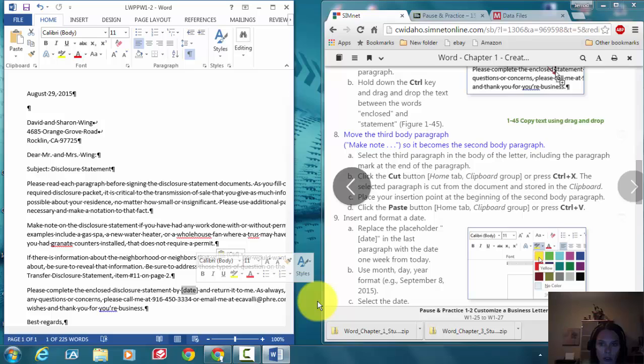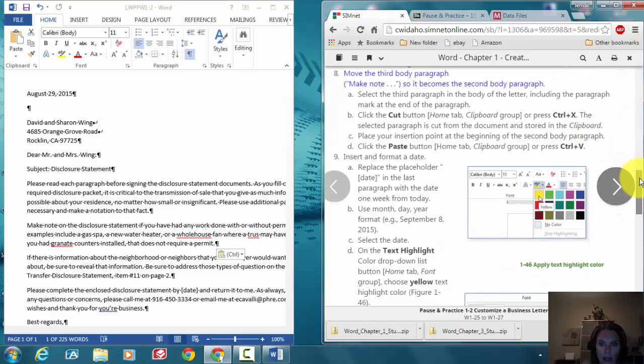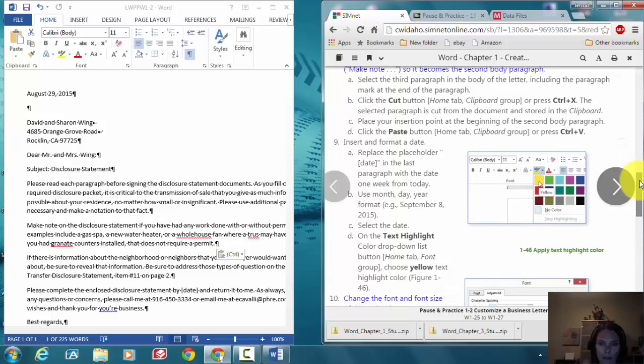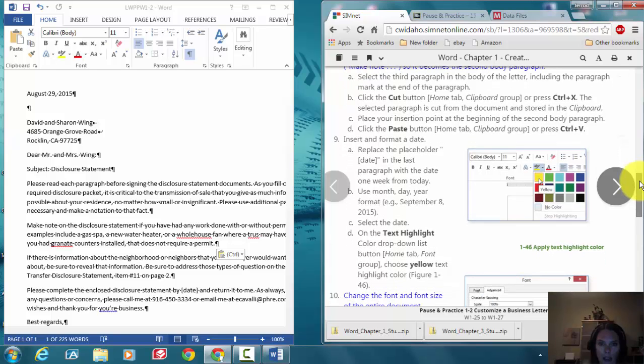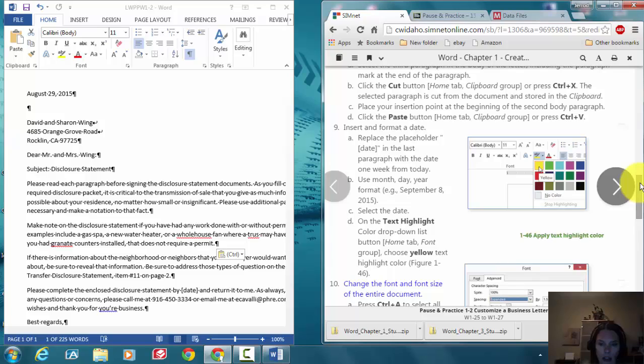Replace the placeholder date in the last paragraph with 1 week from today, use the month, day, year format. Select the date and the text highlight color drop-down list, Home tab, Font group, choose yellow. Okay, so